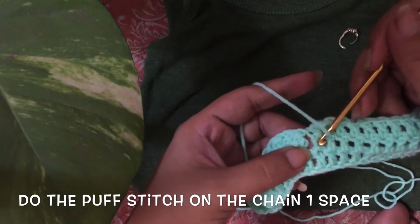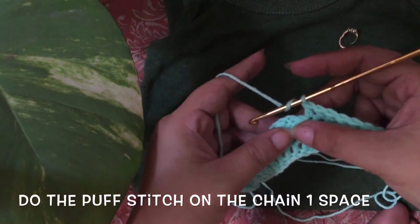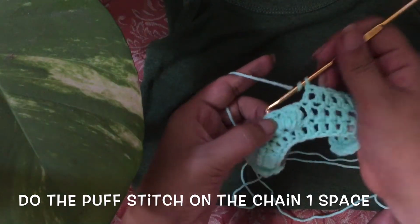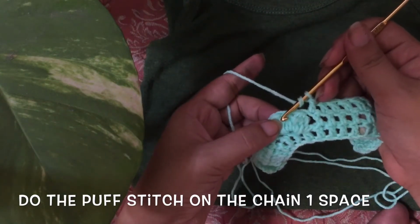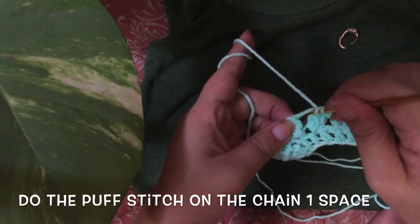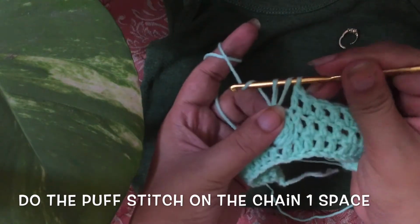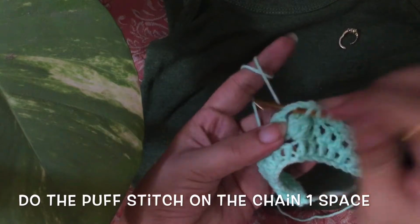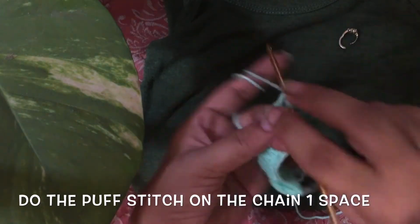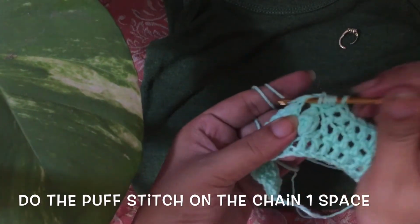Always remember, align. Make sure this stitch has its alignment over here. Then on the chain 1 space that you have created over here, we will be repeating the puff design, meaning turn over. This is your chain 1. Insert your hook through that space, puff, pull through. Okay, I hope you already know how to create this puff design. So I have done 3 and 4,